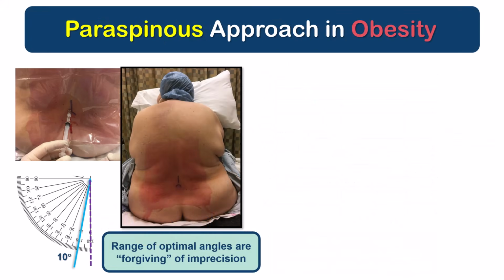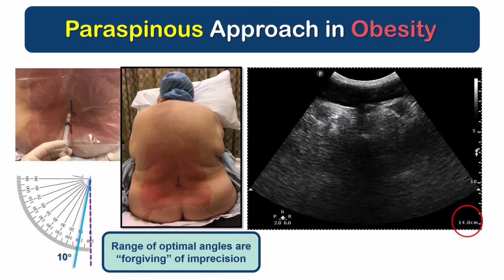But it's this fact that the paraspinous approach is more forgiving of imprecision that is the reason that I now often use it in obese patients. It goes without saying that ultrasound is very helpful and I always use it, but in really large patients, often all we can see is the midline shadow of the spinous processes, and I have to guess where the